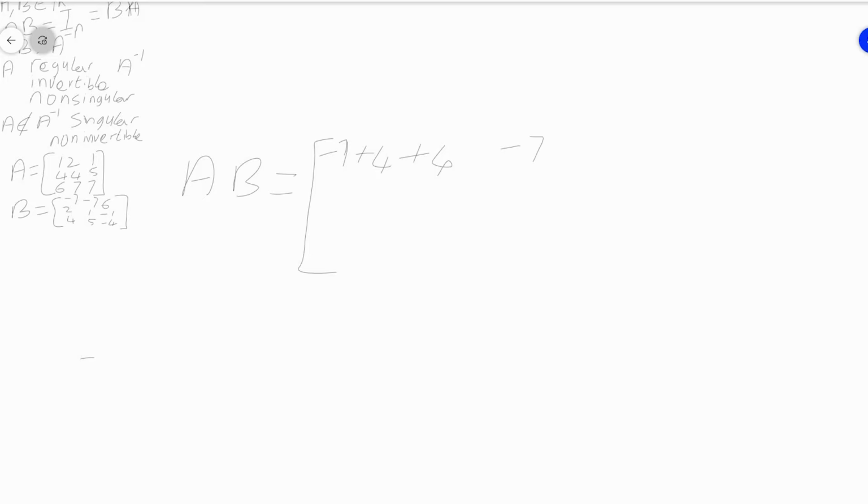minus 7 plus 2 plus 5. Then the next one we have 6 minus 2 minus 4. Then the next one would have this second row here multiplying the first column. That's minus 7 times, 4 times minus 7. That will give us minus 28. Minus 28